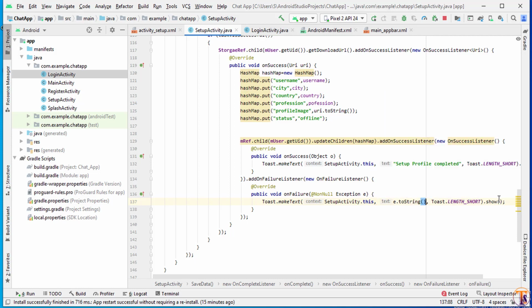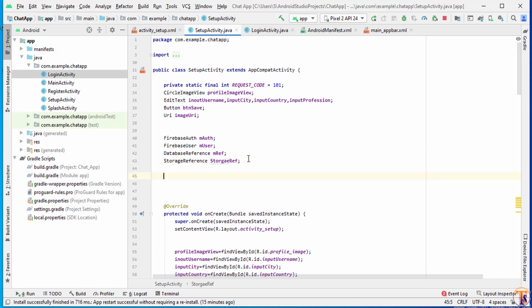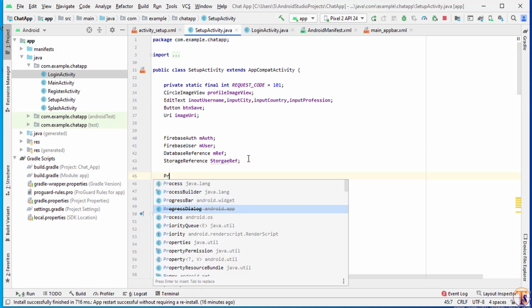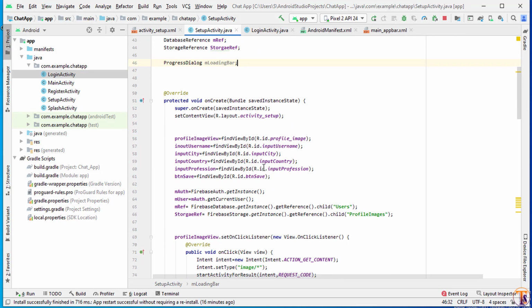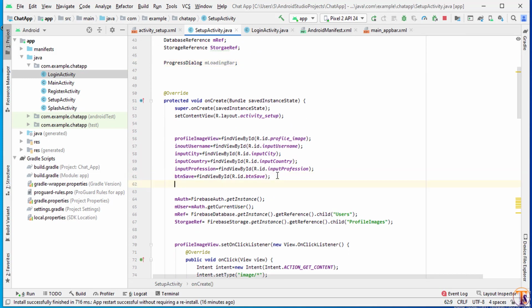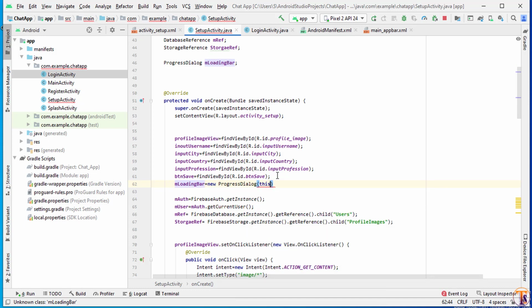Okay, now one more thing that we will add here, we will add the progress bar. So I will create here ProgressDialog loadingBar, and we will initialize it. loadingBar equal to new ProgressDialog, and pass here context.